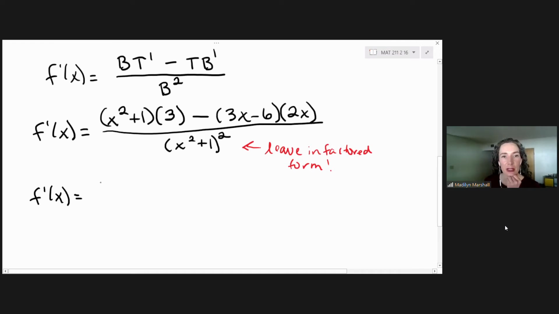So on top, we can distribute that 3 first. On the other side of the top,